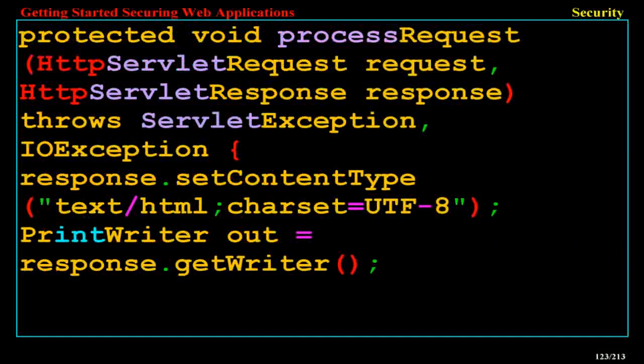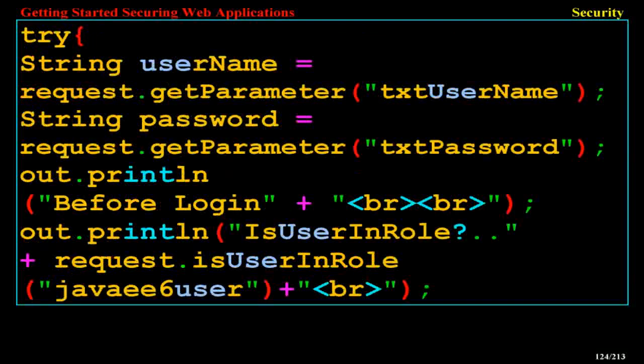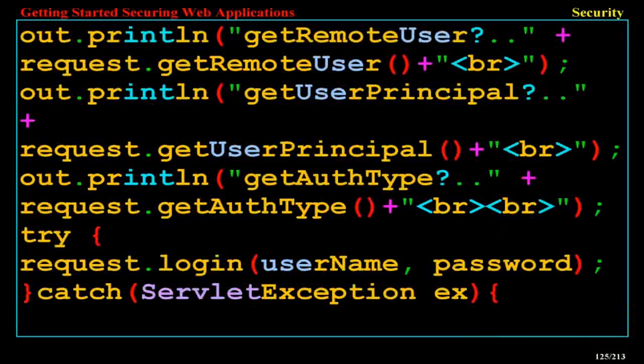response.setContentType("text/html;charset=UTF-8"); PrintWriter out = response.getWriter(); try { String username = request.getParameter("txtUsername"); String password = request.getParameter("txtPassword"); out.println("Before Login" + "<br><br>"); out.println("IsUserInRole?.." + request.isUserInRole("javaee6user") + "<br>"); out.println("getRemoteUser?.." + request.getRemoteUser() + "<br>");